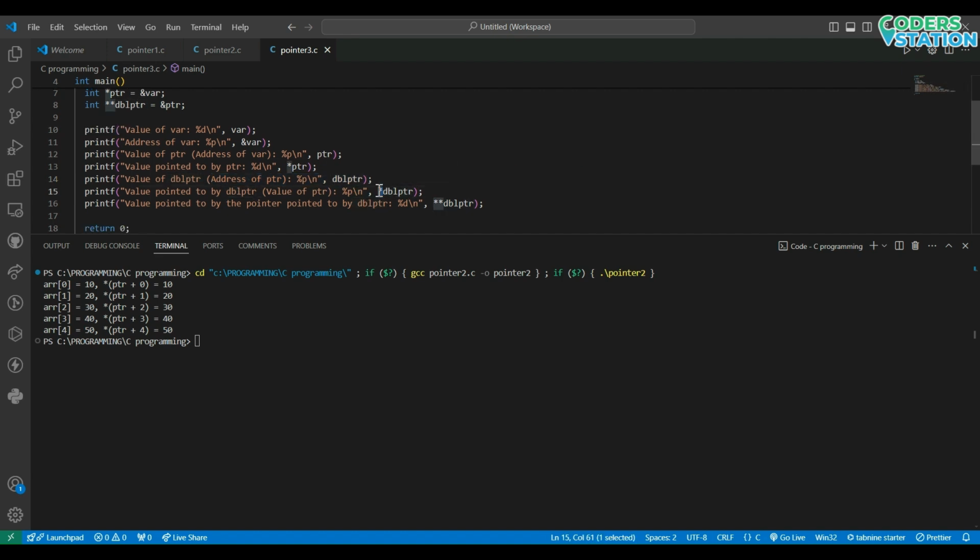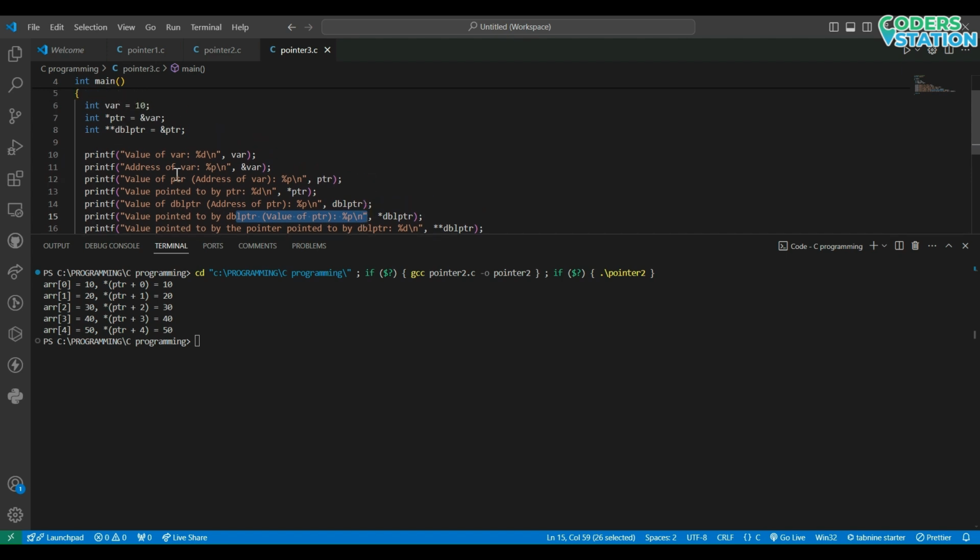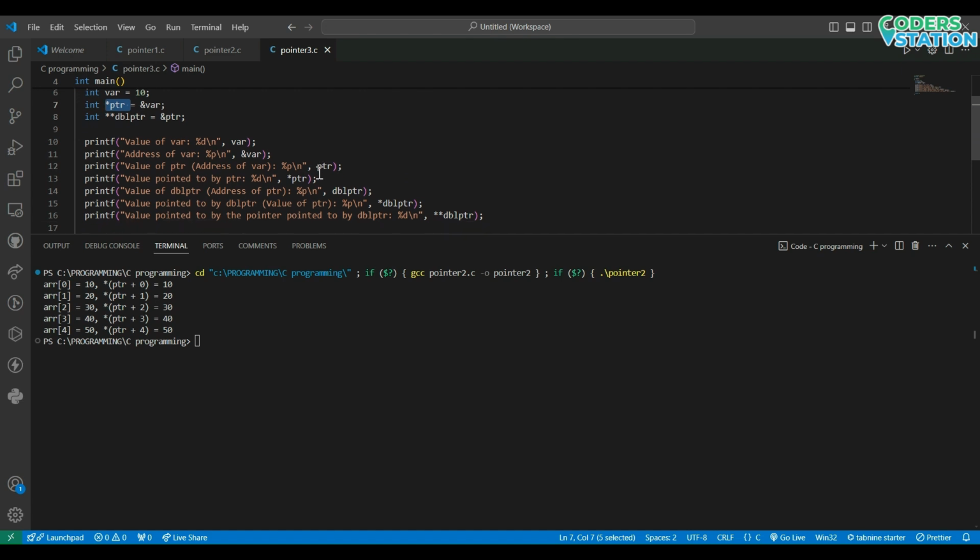And if we add an asterisk to the double ptr, then we will print the value held by our ptr variable. Now the value held by the ptr variable is the address of var and not 10.